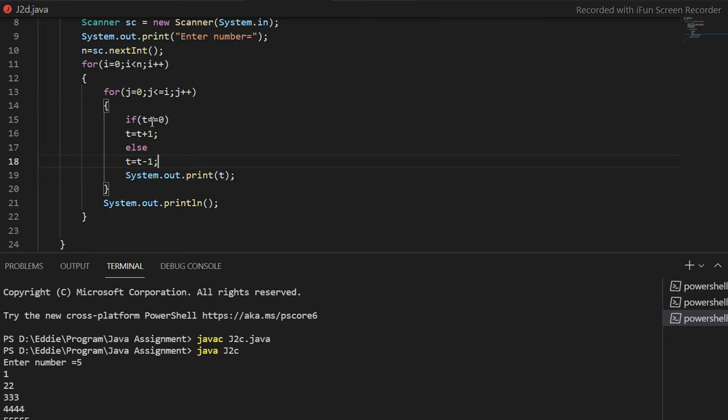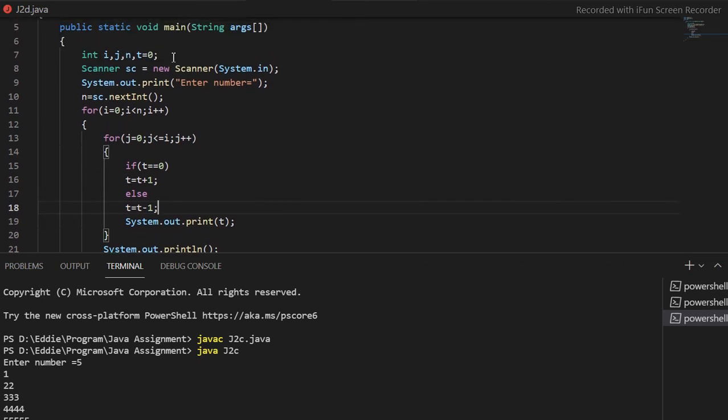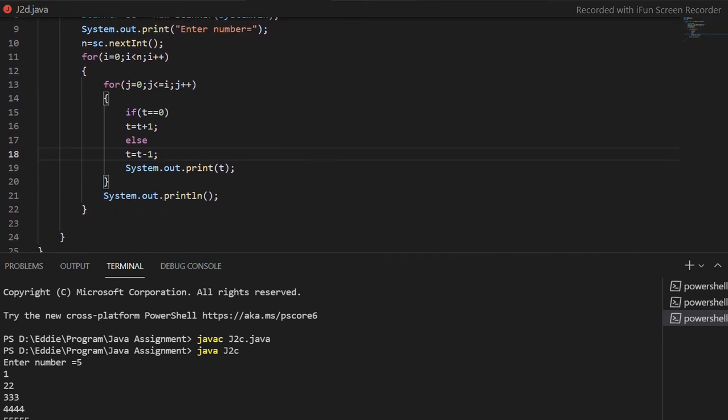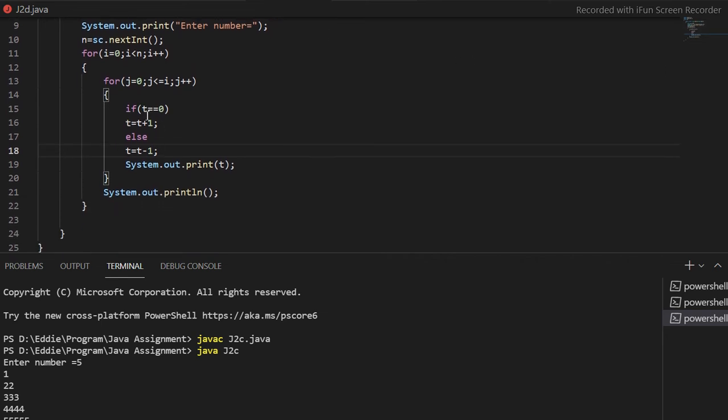If t is equal to 0, the third variable which I have already initialized as 0, if it is 0 I am incrementing it by 1, and if it is 1 I am decrementing it by 1.